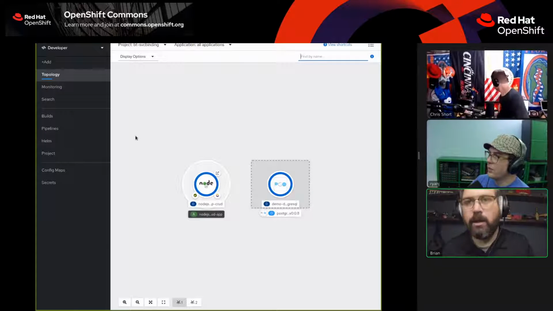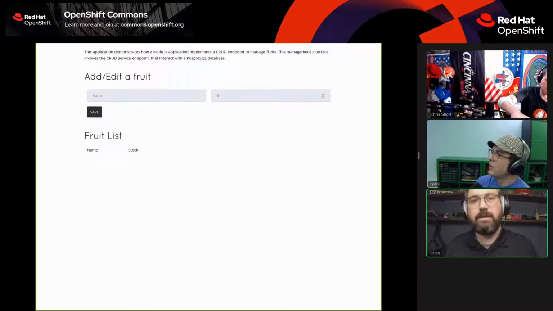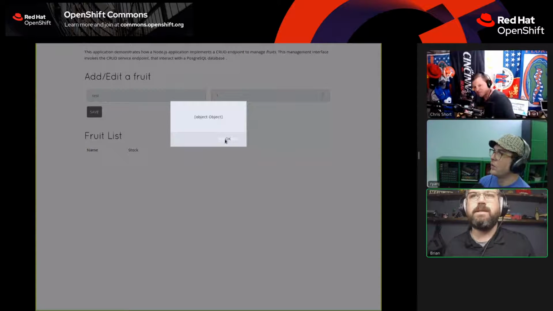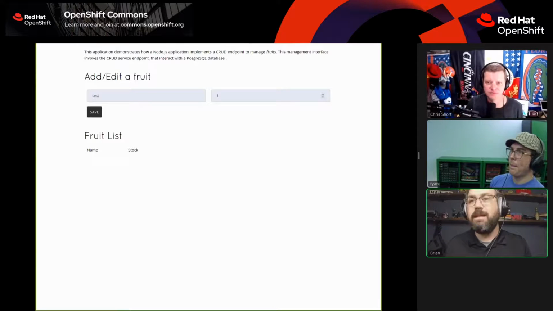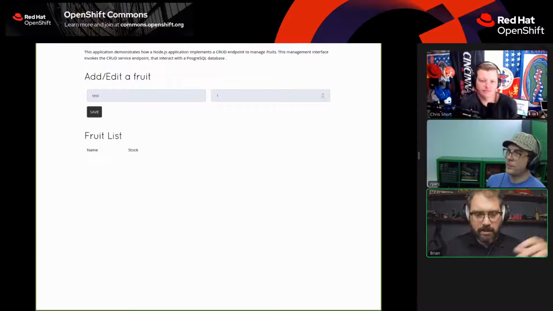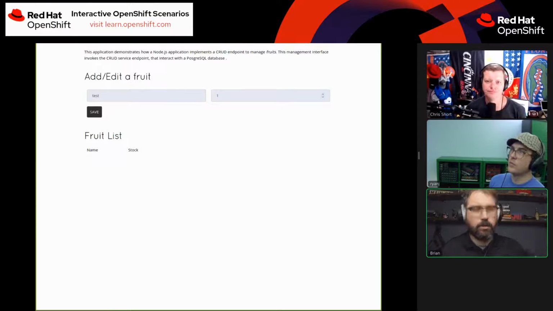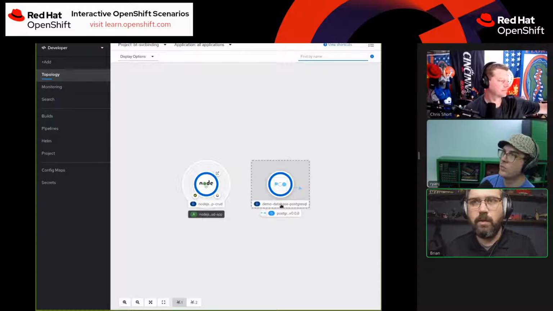The app's deployed. And like I said, it's just a simple app. It's looking for a database. If it doesn't have one, it still works. But I can't really add a fruit to my application, right? It's not going to work. It's going to give me an error. So that's the problem. Obviously, there's no database connection. I didn't specify anything about a database, just the app. Whoever developed it, the Red Hat developer team, there's a particular place that they're looking for the database and all that stuff. Anyways, that's there. The next part was deploying a PostgreSQL database.